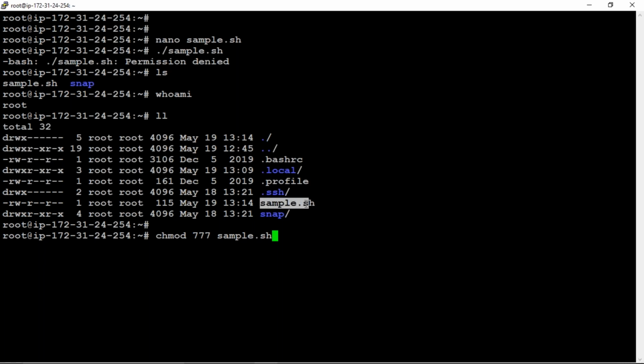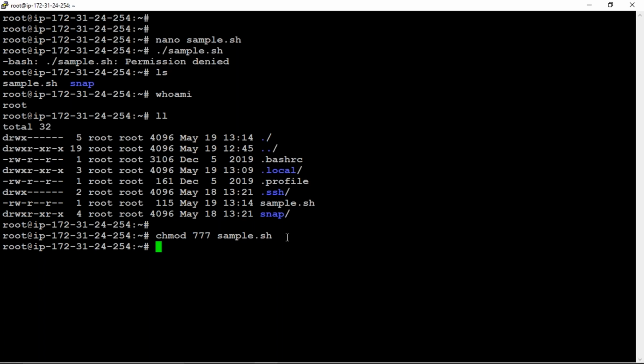Before executing this, these are the permissions: only the owner can read and write, and can't execute that file. The remaining groups and others can't execute or write that file. Now we are changing the permissions, all of them.